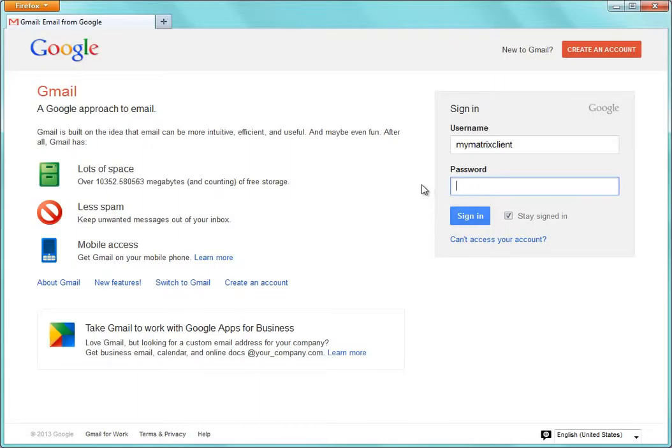Now before I begin, I'd like to mention that the portal used during this tutorial may differ slightly from the one that you're currently working with. Nevertheless, the functionality is the same, and for the most part, whatever you see here, you'll easily recognize in your